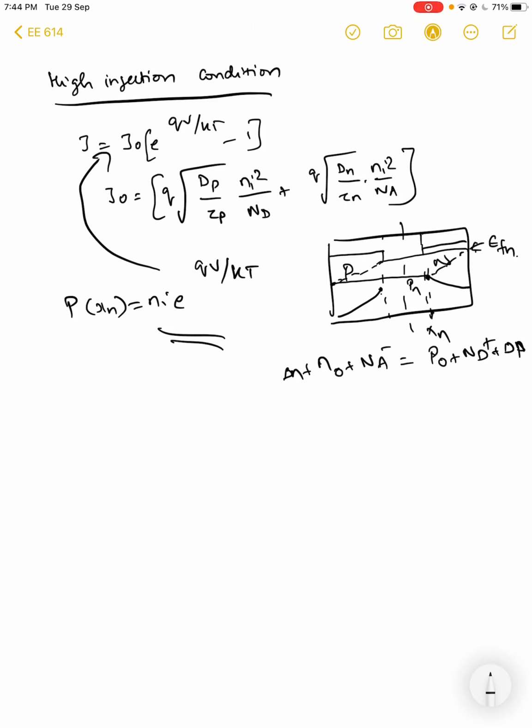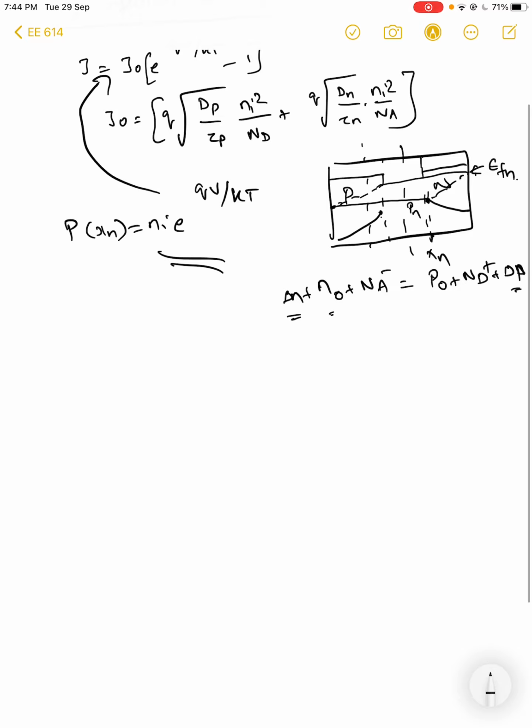So any change in the, let us take this side, right, the p side. Any change in the electron density under injection should also change the hole density, right? Similarly on the p side, right, any change in the p density should change the n density as well, right? So it is these things which will change, but under low bias conditions the change in the carrier density is so small that its impact on the majority carrier concentration is almost negligible, right? Let's see this.